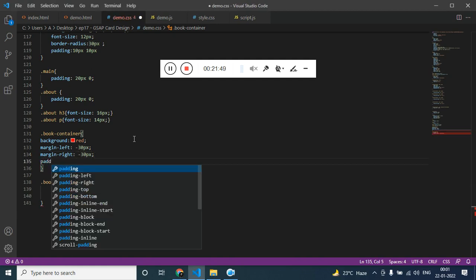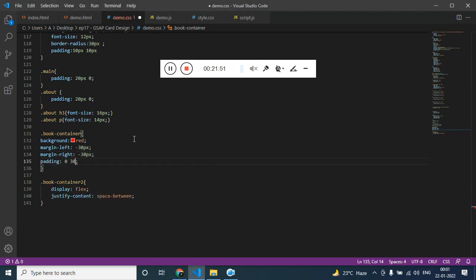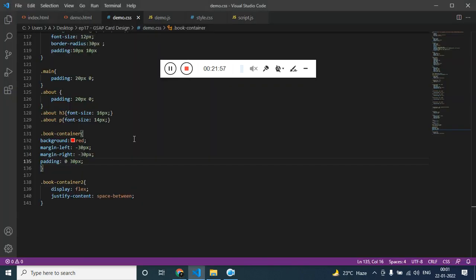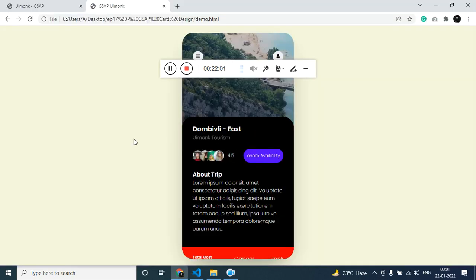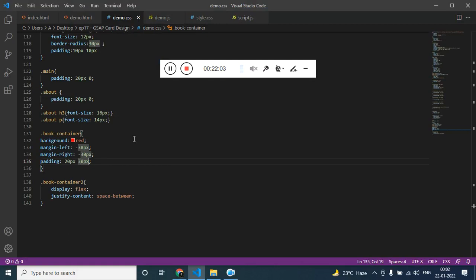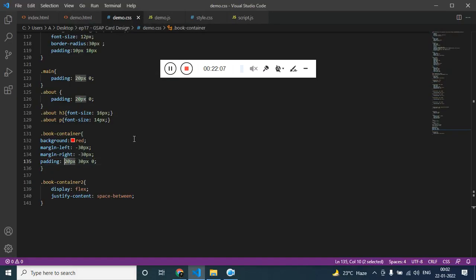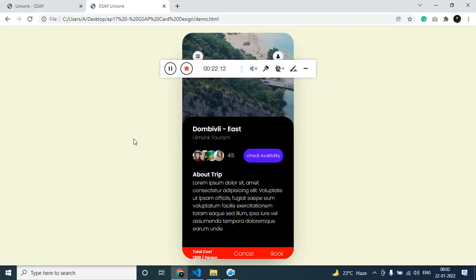Now we can give padding top bottom 0, left right 30. That works. 20 pixel in case, for bottom 0, sorry. Alright,